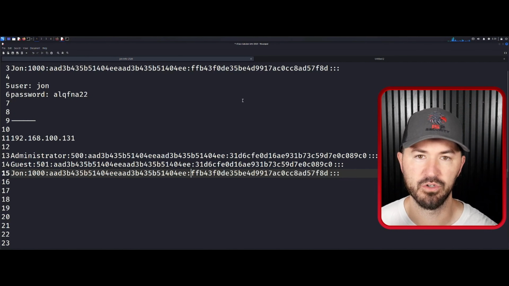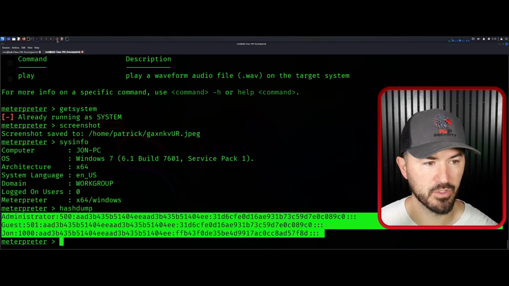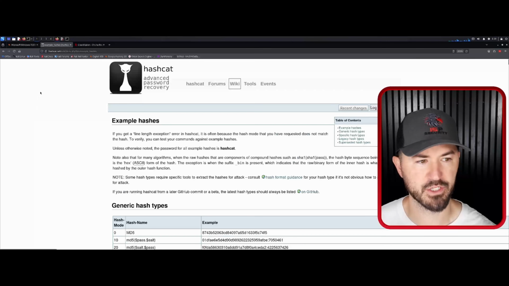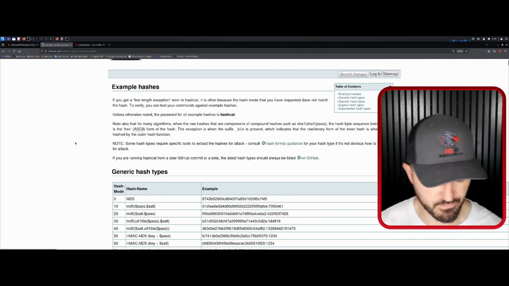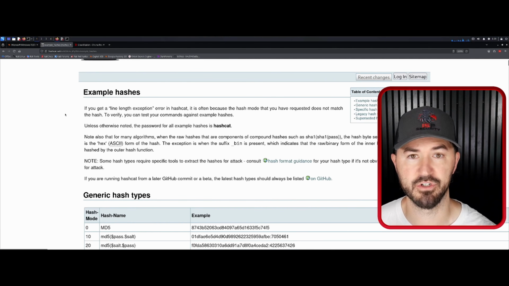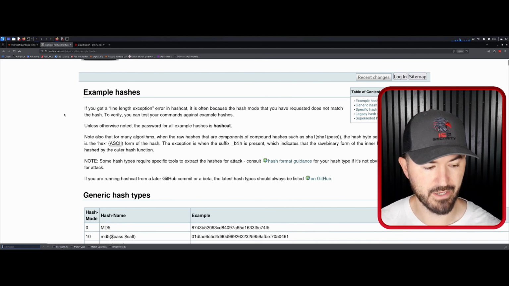So there's another way to crack it with HashCat, right? So we can use HashCat. And if you don't know HashCat, it's an awesome tool. So you can go to hashcat.net/wiki, and you can see all the examples in here. I love to use this. I think it's quicker when I actually search in here versus going to hashcat-help. So if I do a Control F and I type in